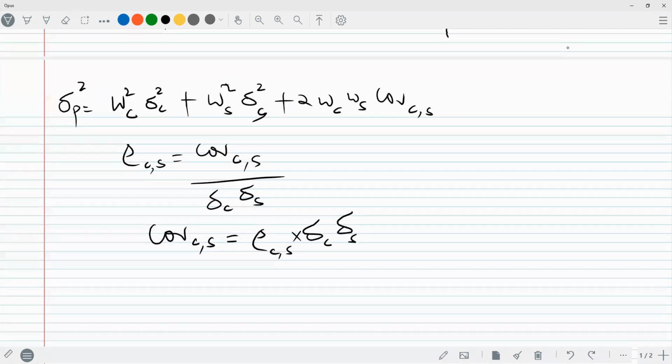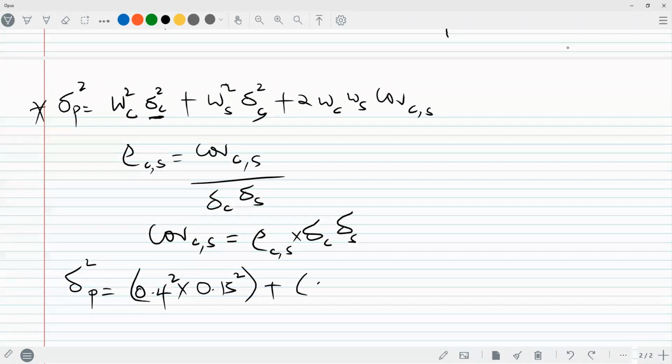Therefore, we can just simply plug in from the formula here. The variance of the portfolio is equal to the weight of C, 0.4 squared, times the variance of C. We have been given the standard deviation, so of course to get the variance we just square, which is 0.15 squared. Don't forget this is the variance. Plus the weight of asset S squared times the variance of asset S, 0.2 squared,